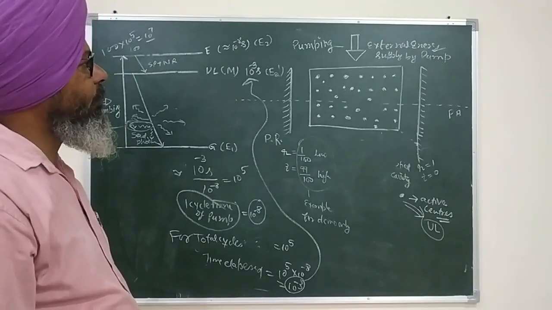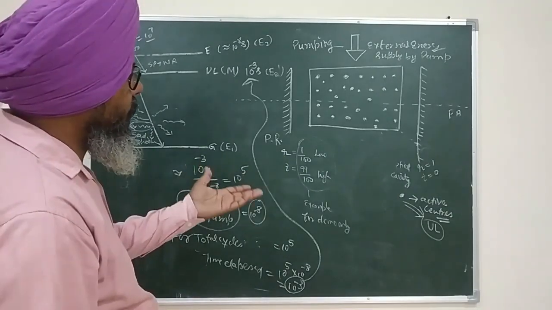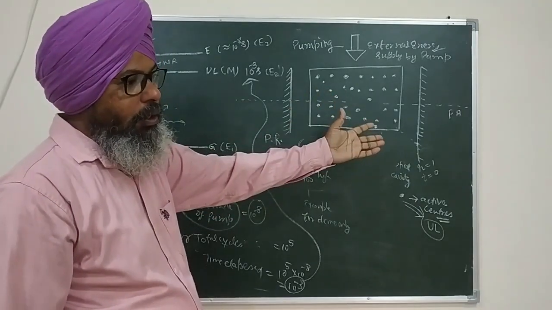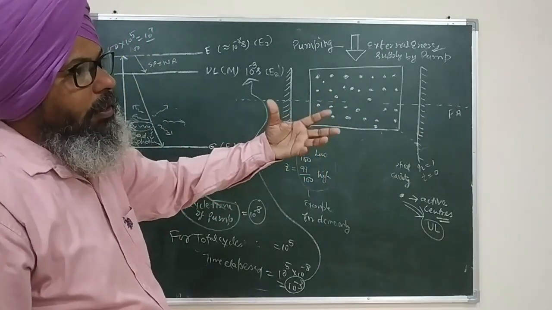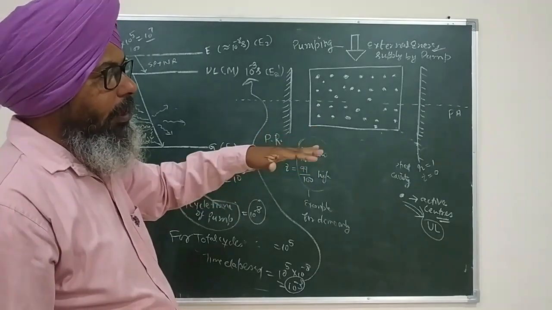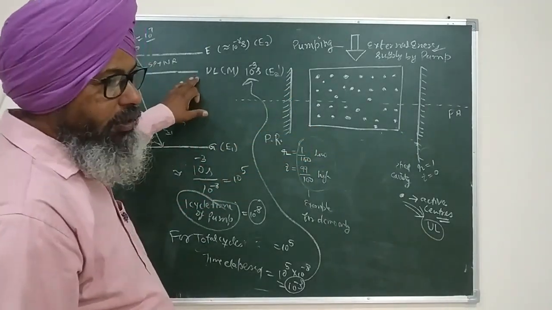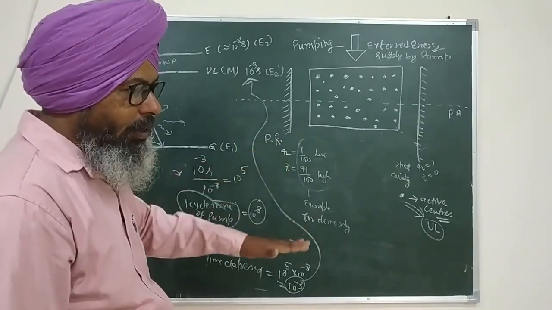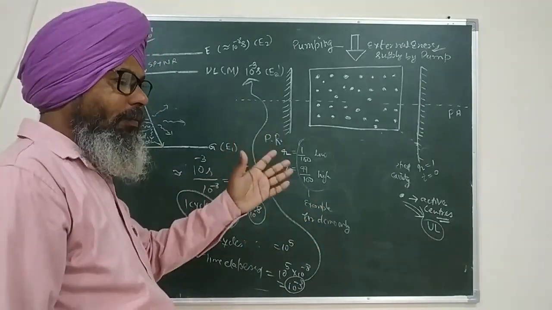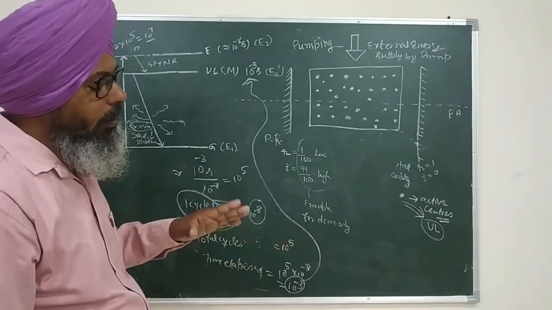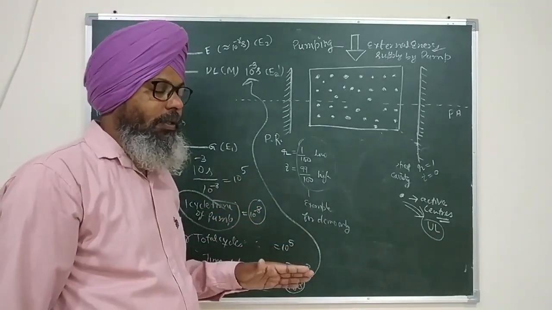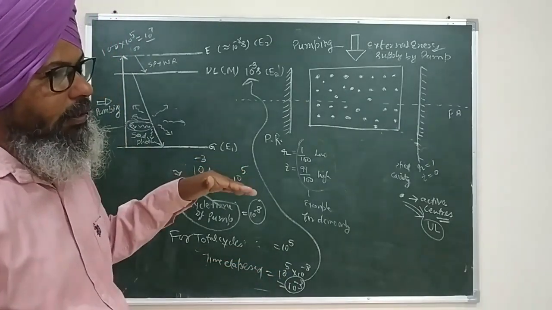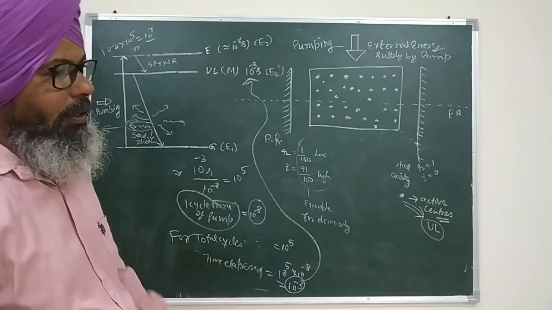I have already given you the examples. Let us say if it is a ruby laser, then all these are actually chromium 3 plus ions. So let us say there are 70 chromium ions right now in the M state, and 30 chromium ions are in the G state. Kindly remember, let us say 30 Cr3+ ions are in the ground level and 70 are in the M level. Both of these are the same.